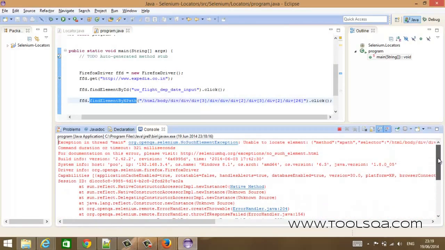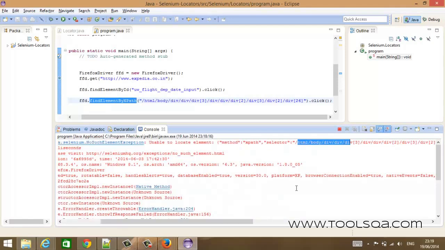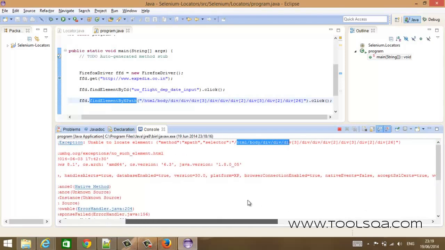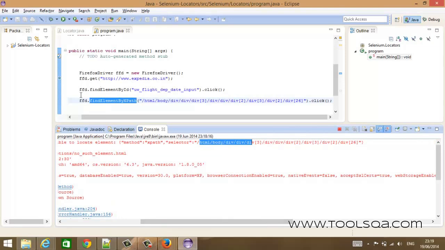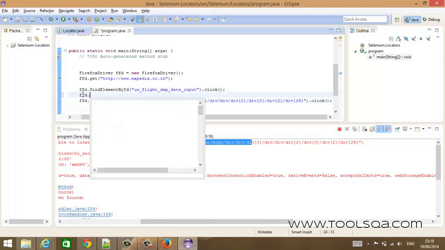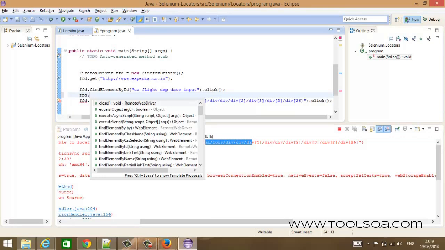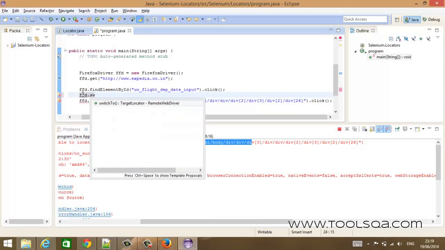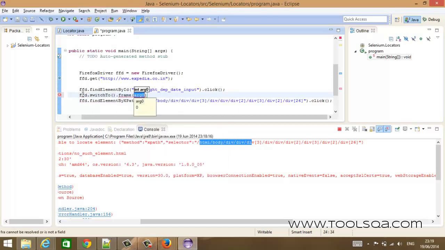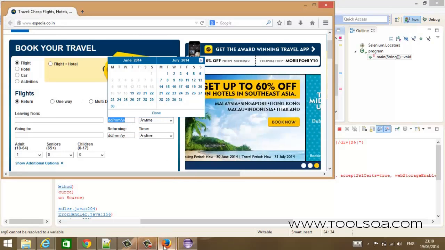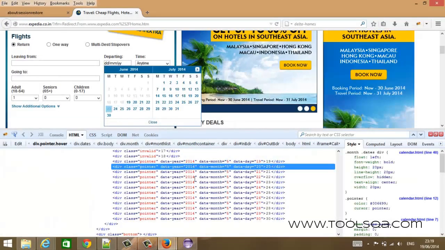What is the exception? Let's see. The exception says unable to locate element, and it says the method is XPath and the selector is this. Now it clearly says that I'm not able to find an element which you have mentioned as an XPath. That's fair enough, because we never switched to that frame. So I will do ffd, my Firefox driver, dot switch to dot frame, and I will say I want to switch to a frame which has an ID